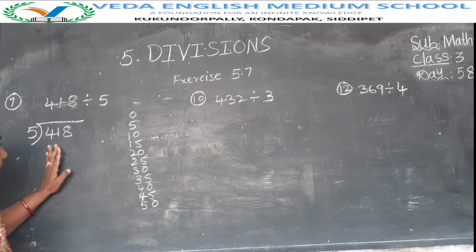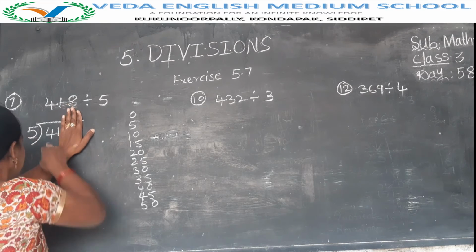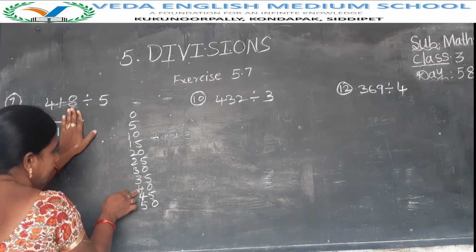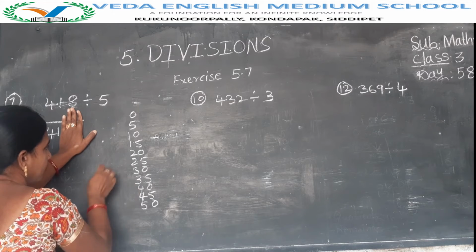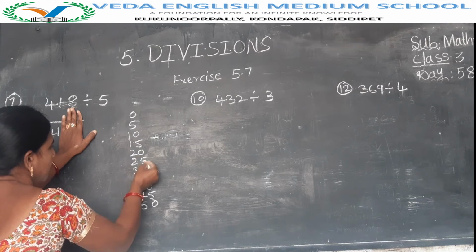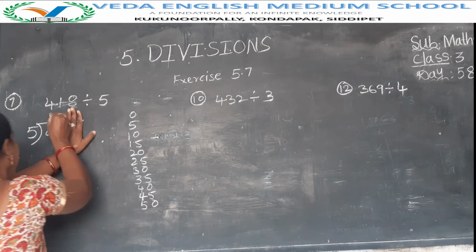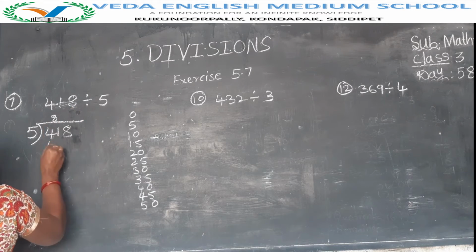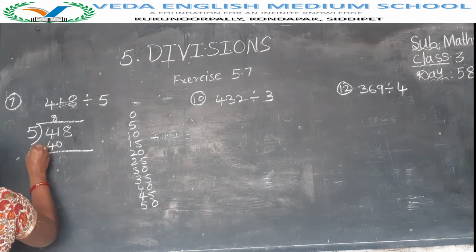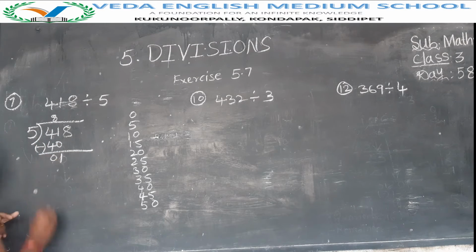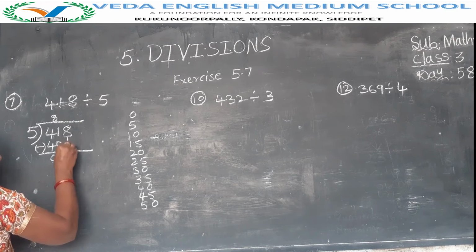Okay, now here see Nana, a 3-digit number, but in this table 2-digit numbers came. So take only 2 digits, that is 41. Find the number nearest to 41. See Nana, 40. How many times is 5 in 40? 1, 2, 3, 4, 5, 6, 7, 8. 8 times 5 is 40. So 5 eights are 40. Now do the subtraction. 1 minus 0 is 1. 4 minus 4 is 0. Okay, completed. Bring this digit down.